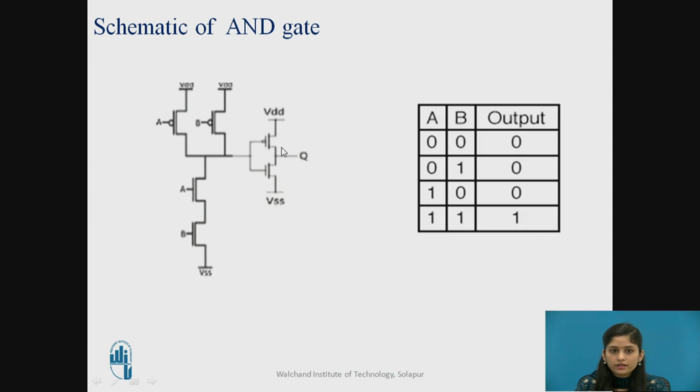This is the circuit of our NAND gate, and then we connect an inverter to design an AND gate. For that we again use one PMOS and one NMOS, and across that we take our output. This is the basic truth table of our AND gate. When both the inputs are high, the output is 1, and when any one of the inputs is low, the output is low. This is the basic truth table of our AND gate.